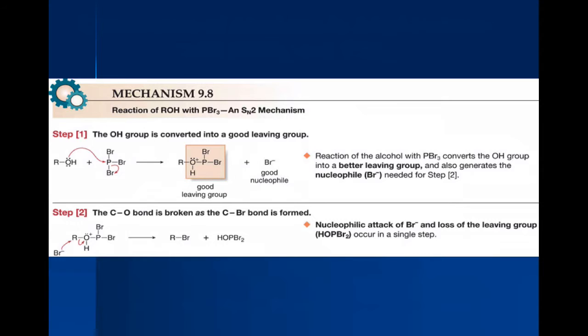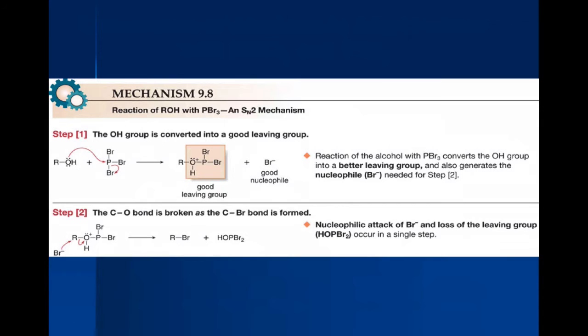The bromide now comes in and attacks the carbon. The leaving group leaves. You end up with this. This still has phosphorus-bromine bonds, so it can go in and continue to react with more alcohol. They've only shown you one step here. So this can then come up and react with more alcohol until you've reacted all of the phosphorus-bromide